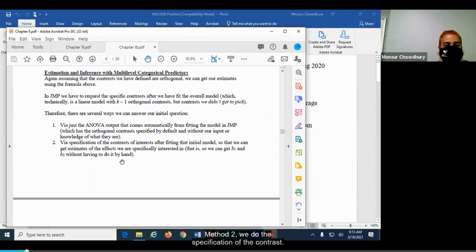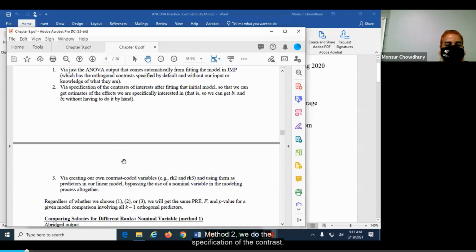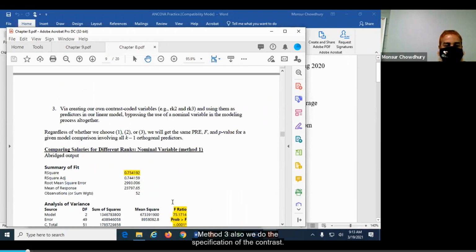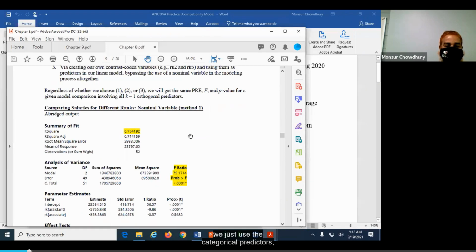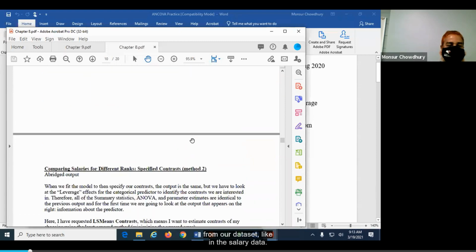In method 2, we do the specification of the contrast. Method 3 also we do the specification of the contrast. Now in method 1, I said that we don't do anything. So here you can see in method 1, we just use the categorical predictors from our data set, like in the SELI data.